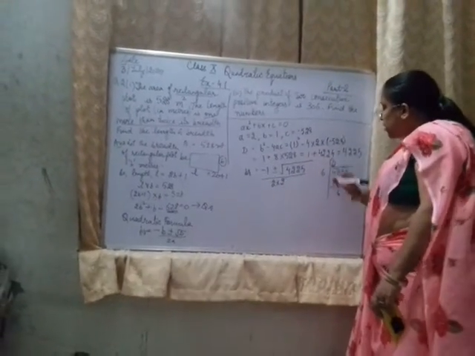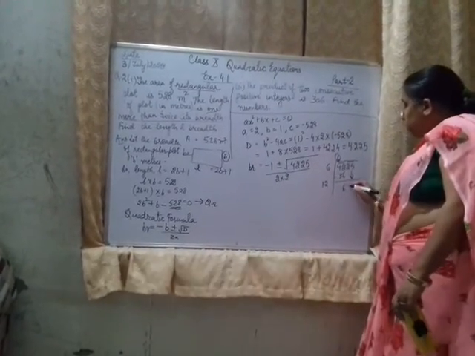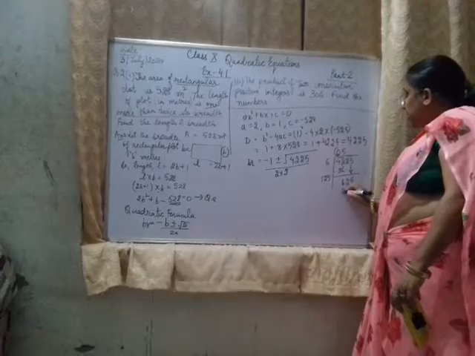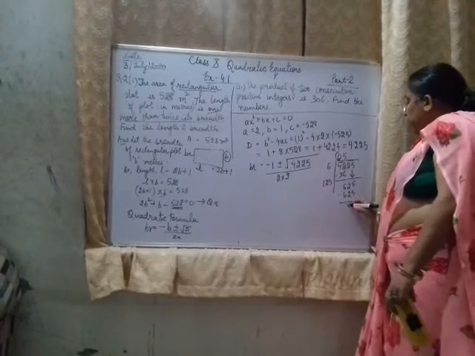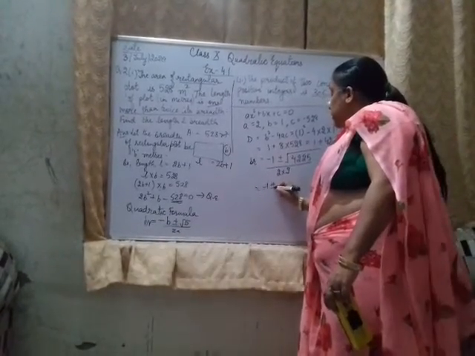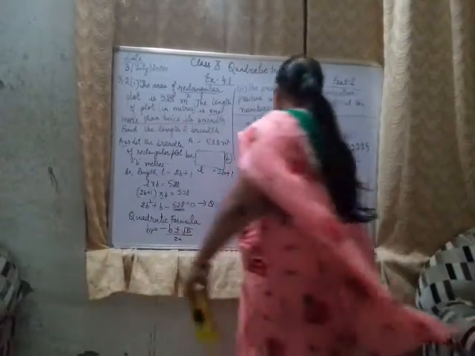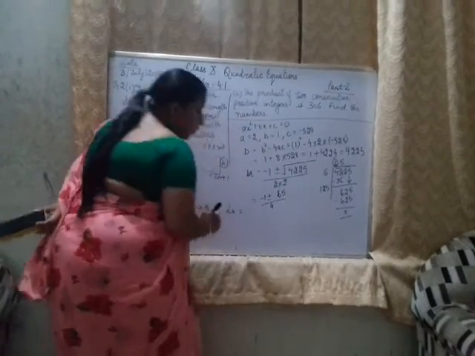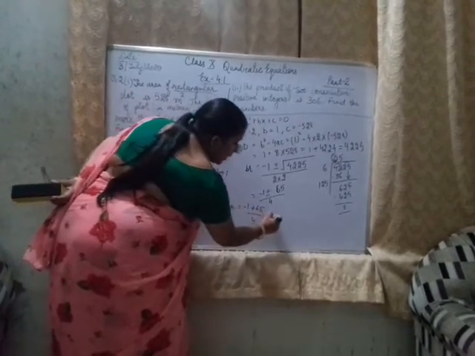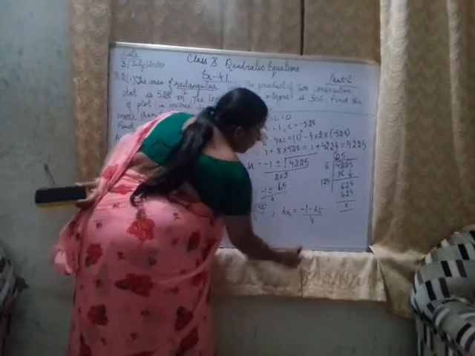Now we'll do twice of this 6, so we'll have 12, and we will drop down this 25. Now 125 5s is 625. We all know. So we have got the under root of 4225 is 65. So it is minus 1 plus minus 65 upon 4. Now the first value of b will be minus 1 plus 65 upon 4, and the other value of b will be minus 1 minus 65 upon 4.